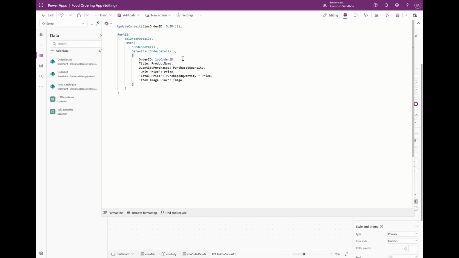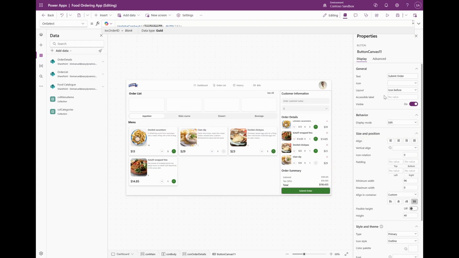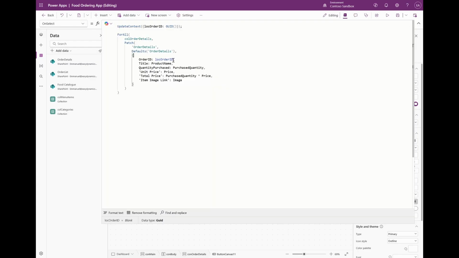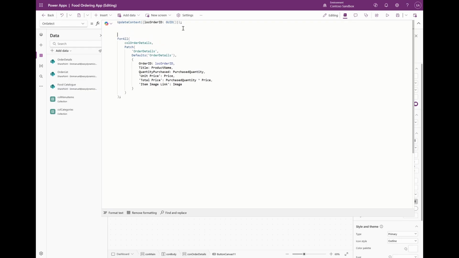So to get a unique ID for all these items, we are going to be using this GUID function, and then we'll be saving that GUID inside a local variable. So once we get that, we are going to save that into this local variable, and for each of these items that is to be purchased, each of them would now have this generated GUID as their order ID. So for the other part of the formula that we'll be using, we need to initiate